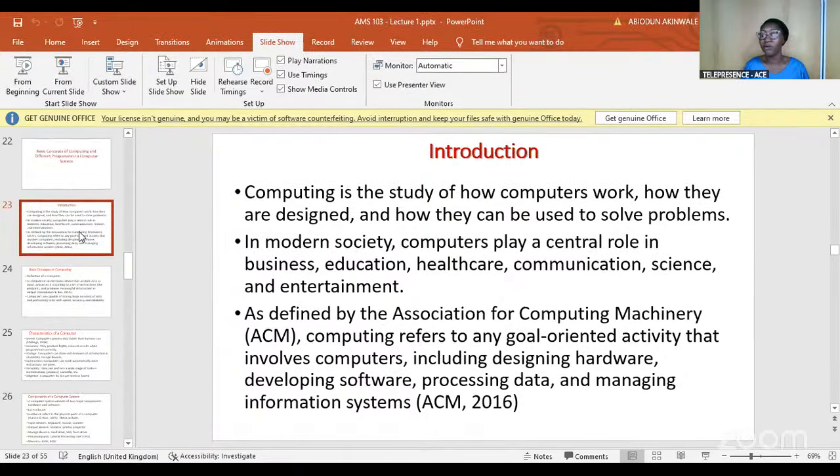It's the study of how computers work. You may not necessarily need in-depth knowledge of how computers work because you are not a computer scientist, how they are designed and how they are used to solve